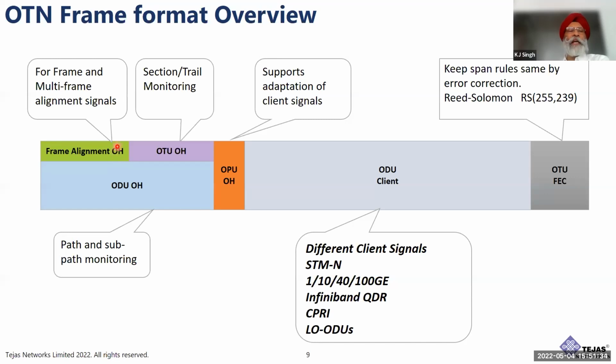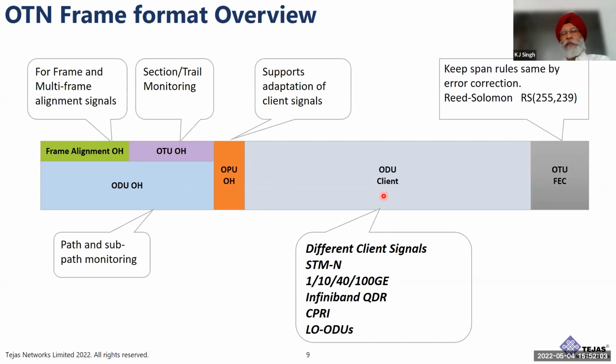And this has the ability to not only demarcate a frame, but also a multi-frame. So when you have to take a number of frames together as a unit, you can know which count you are at. And then I had talked about the OTU overhead, which basically monitors the optical transport unit, this whole unit. And then the optical data unit monitors the